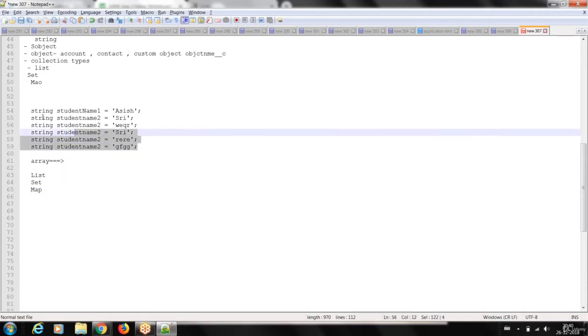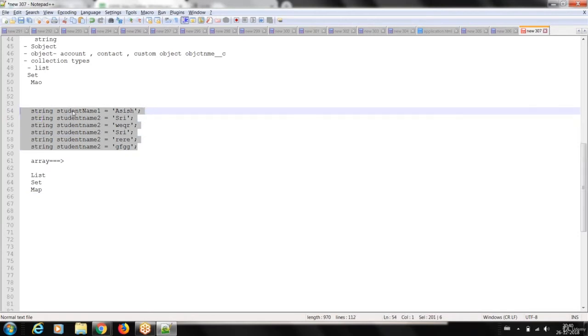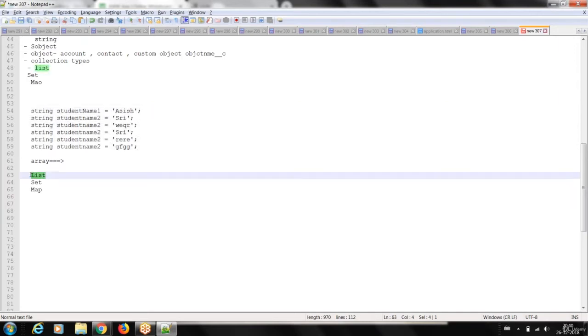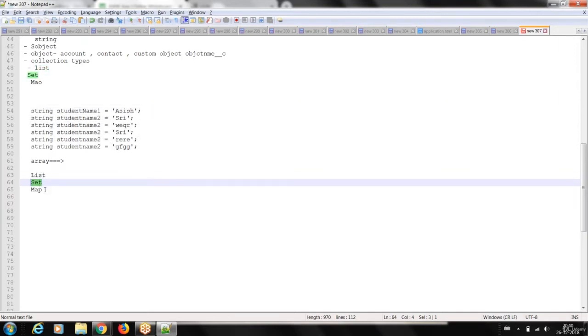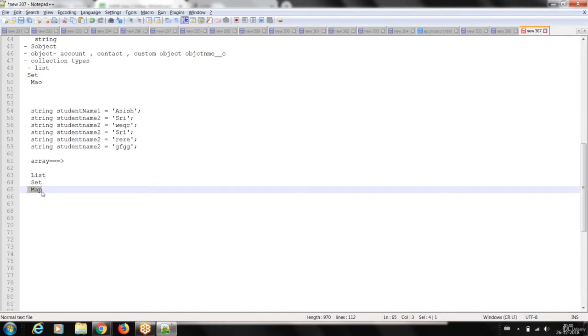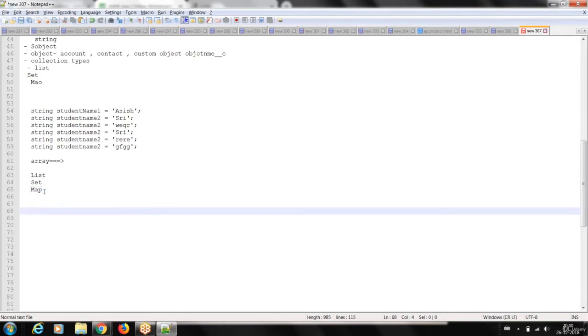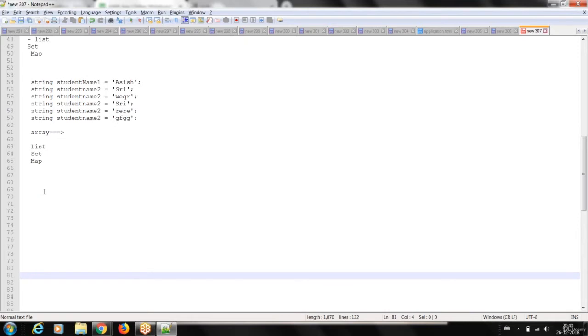Like the example I told here, if this is a collection of student names, instead of storing in multiple variables, I can store in one variable. So what is that? Any collection variable. Now it depends whether it's a list type collection or set or map, what we want. Before going to list or map, let me store this in the list collection and show what that is and how we do it.